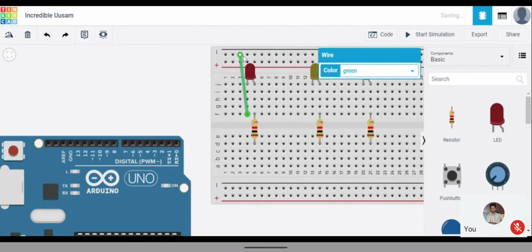So here I will connect this one. In the same way for the yellow bulb I'll connect this one here, and for the green bulb also I'll connect this one here.